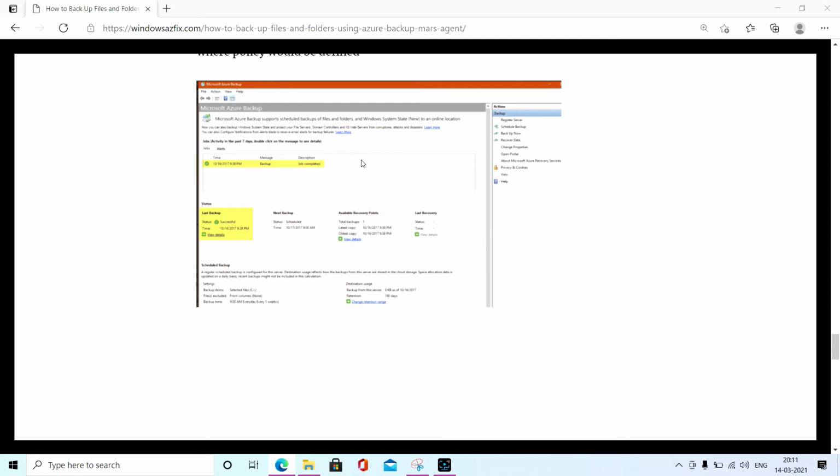Once you click on recover data and select the date, you will automatically get an unmounted disk in that server. So basically, you have to visit that disk, copy that data and move it to some other specific drive. From here you can recover the file folder backup.